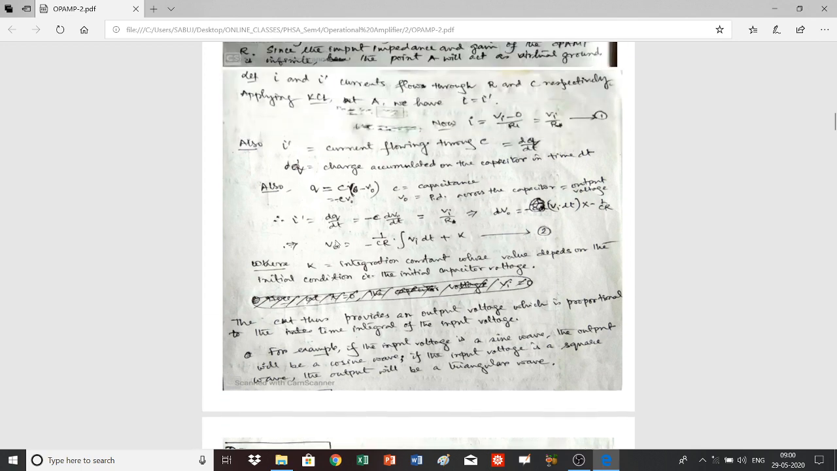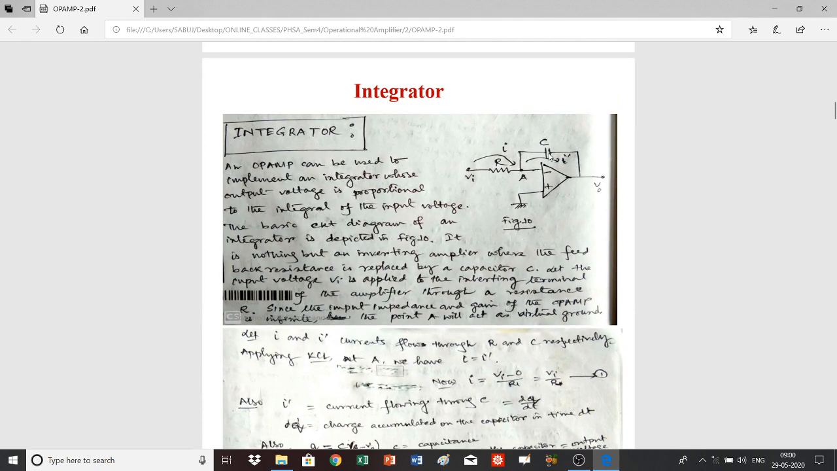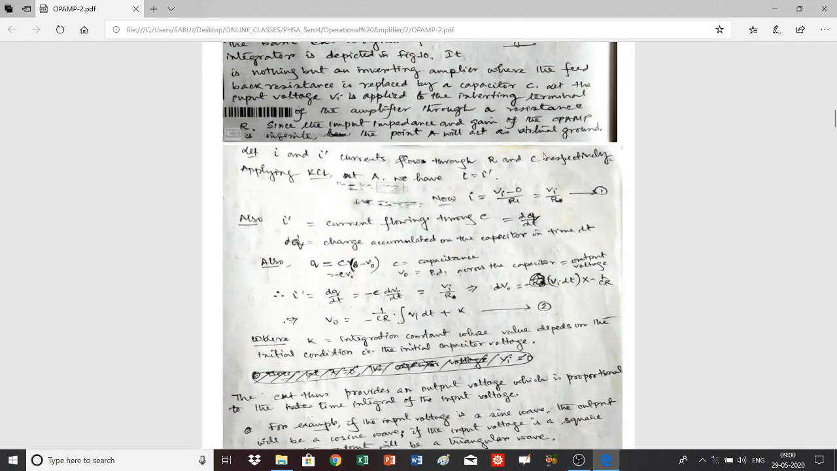The initial condition can be realized in such a way that when the time is considered to be 0, then no charge will be accumulated on the capacitor plates. So in that case, K should be 0, and then we can write v0 is equal to minus 1 by CR integration